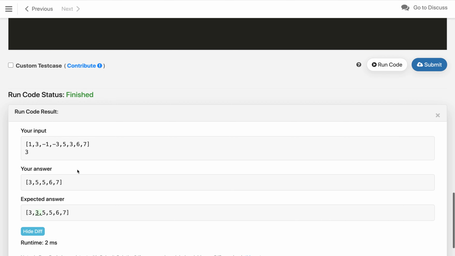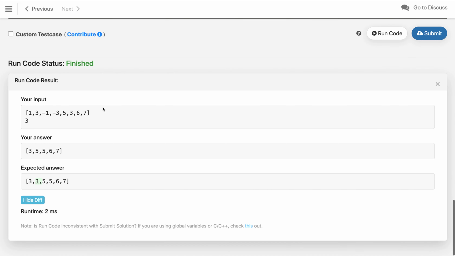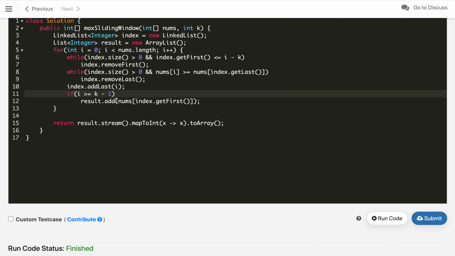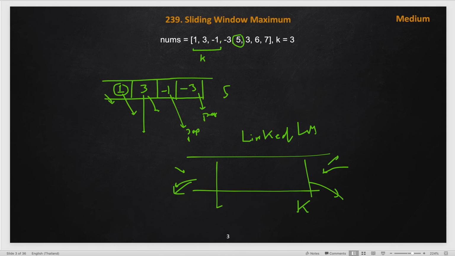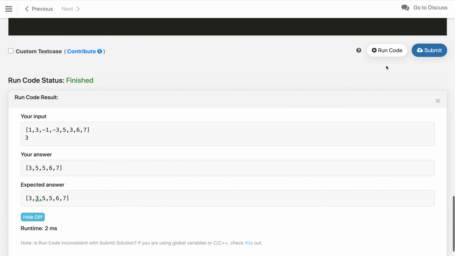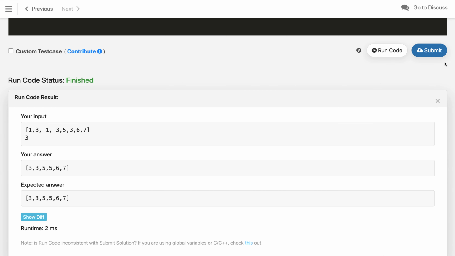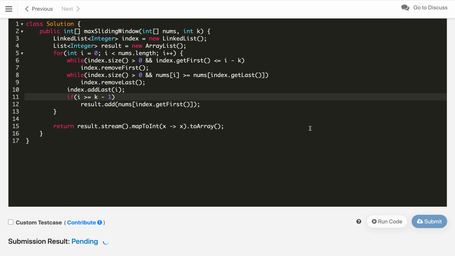There is an issue: it should be greater than or equal to, because the first window, if you see, the k is 3, the first window is from index 0 to the 2nd index. So, this is k minus 1. If i equals k minus 1, then the first window will be created, hence we need to take it as equal. Now, it will work. Let us try again, and it is working as expected. Let us submit this,